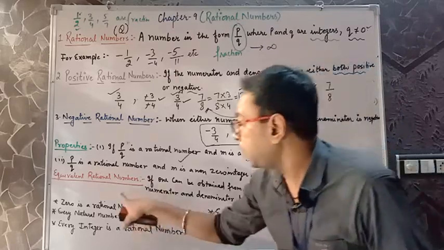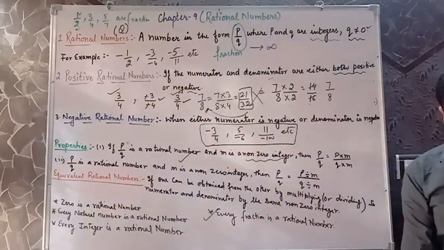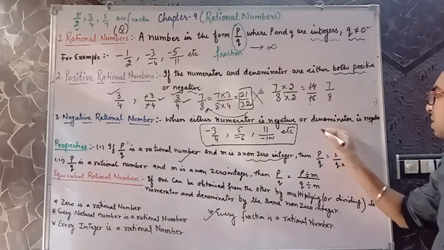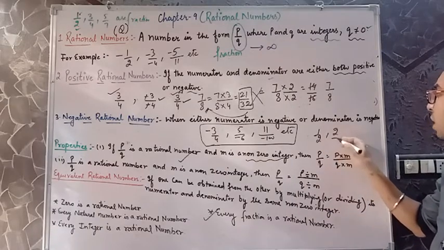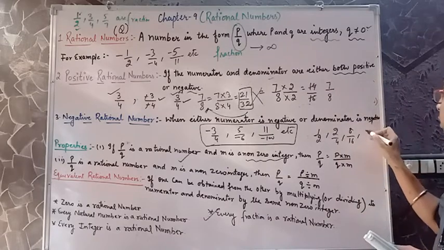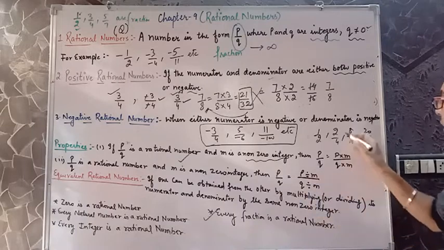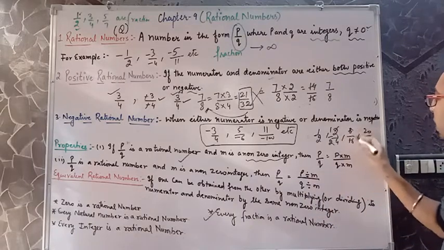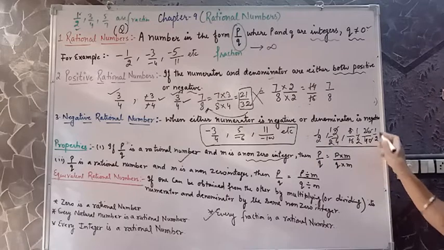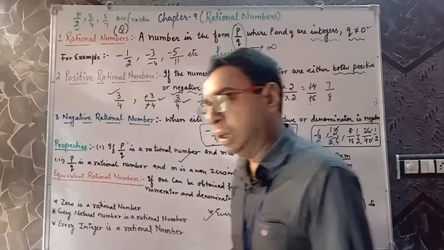Understand. Now, a few important properties we need to see. Let's see the examples. If I talk about examples of equivalent fractions, can I say 1 by 2, 2 by 4, let me say 8 by 16, let me take 20 by 40. All are equivalent rational numbers. Why? If I cancel in 20 by 40, the 0s cancel, and all are getting 1 by 2. Hence, they all are equivalent rational numbers.